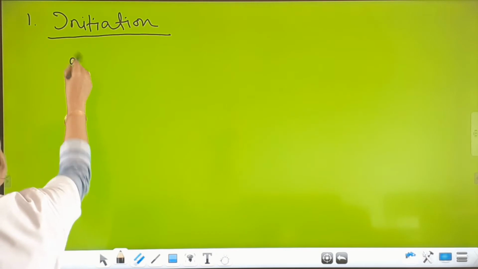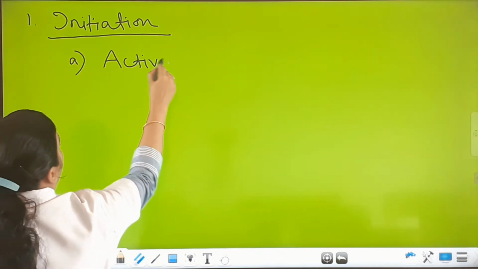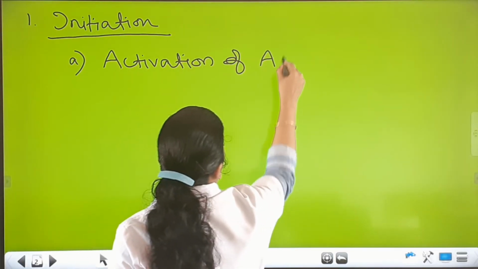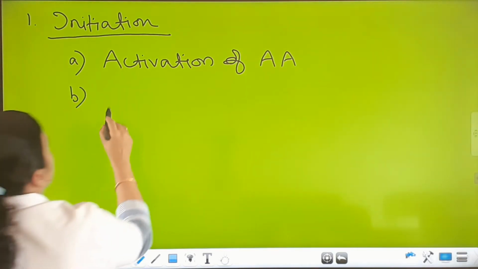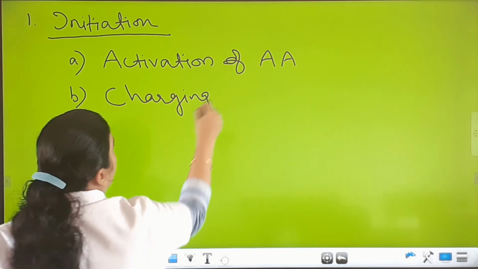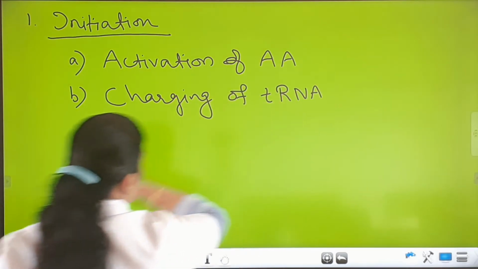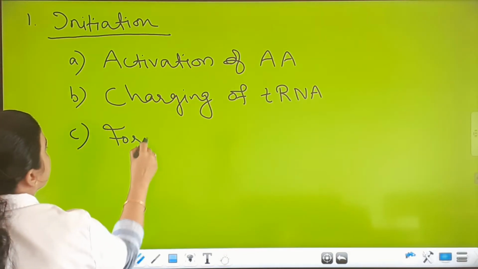The first process in initiation is the activation of amino acid. And the second step is charging of tRNA, transfer RNA. And the third step is the formation of